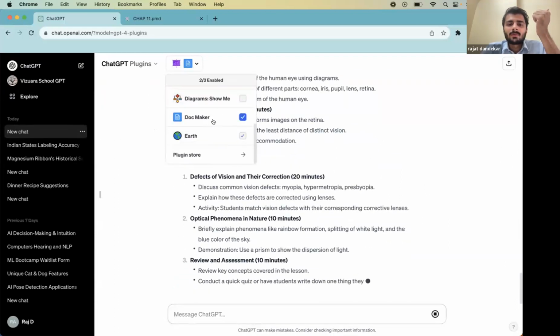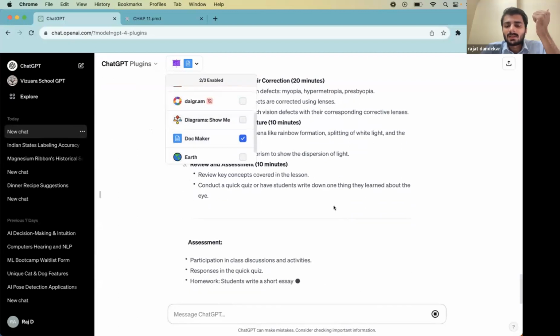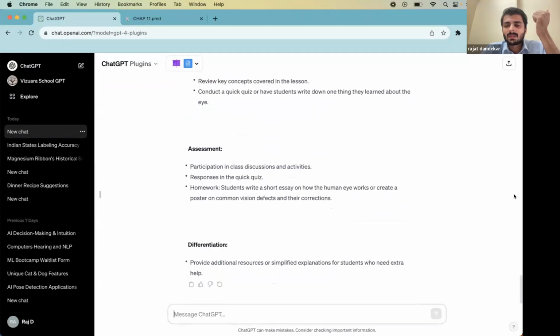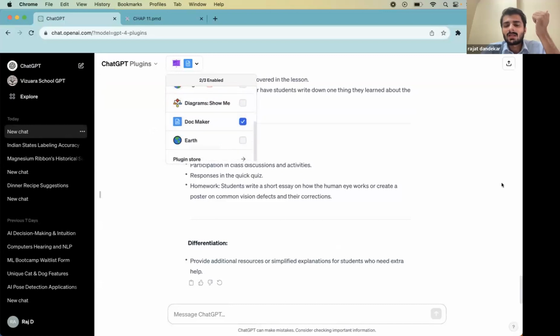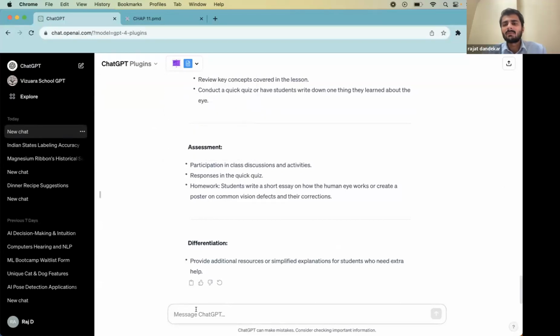Now, I'm going to show another example. Let me just pause this. So there is a plugin called Smart Slides here. Okay, so now let's say as a teacher, you want to create a PowerPoint presentation based on this topic. So I can say, create a 10 slide PPT on this document,